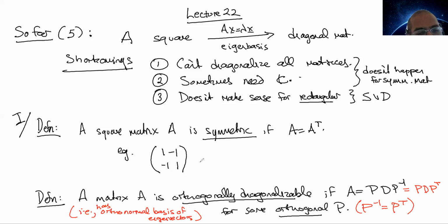One easy observation is that if a matrix is orthogonally diagonalizable, then it's symmetric. So this is one relationship between these two definitions. And let me now prove this. Here's an easy